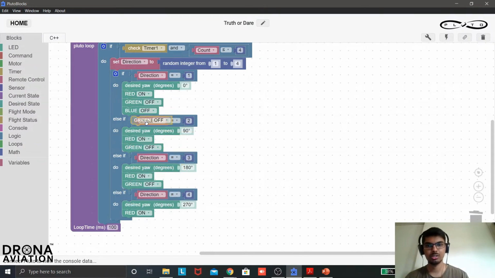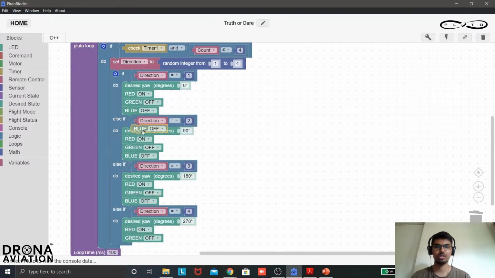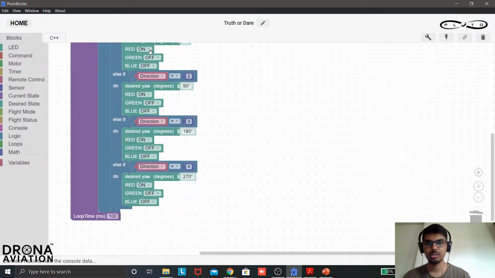If you go step by step, the code won't seem very confusing. If you directly jump to the end part, it will tend to be a little bit intimidating, but you don't need to worry if you go step by step. Okay, so in the first 0 degree I have kept red on, in the second I will keep green on. Of course this is dependent on you, whatever you want you can do. Just keep in mind that all the 4 colors should be different. And in the last one I'll keep all of them on, so it will give me a white color.